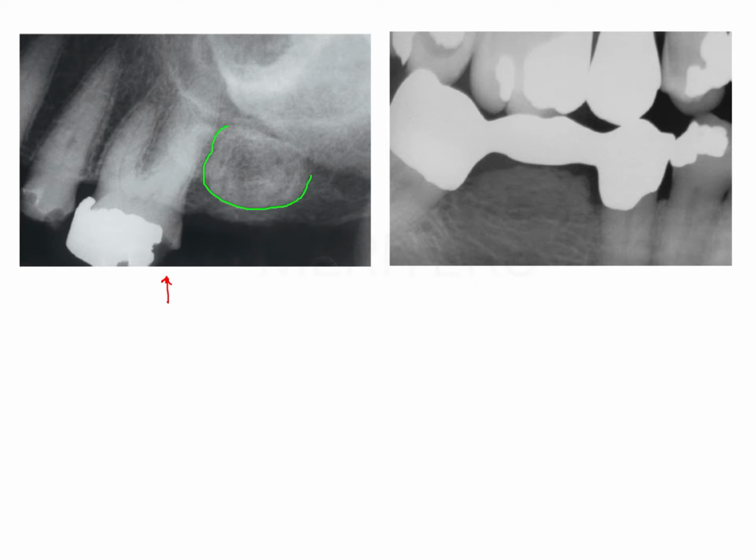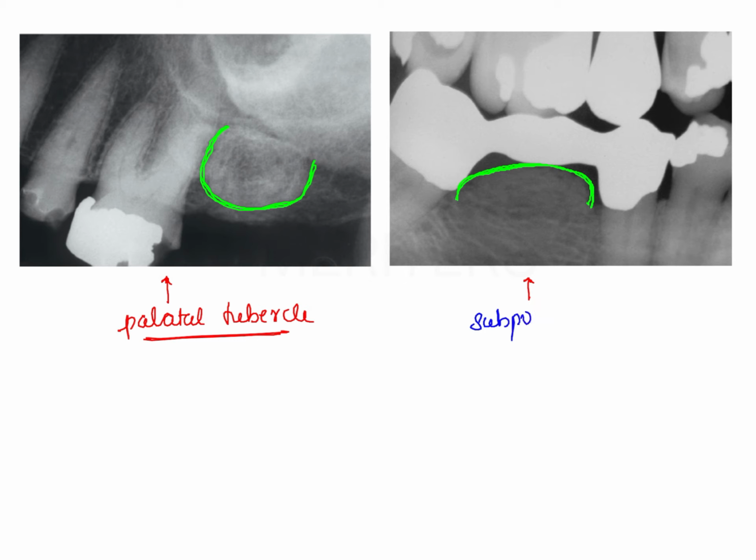Next, looking at some other IOPAs, in the first picture you can observe a bony mass distal to the molar region in the maxilla. This denotes a palatal tubercle or palatal exostosis. If the thickening is large enough, it will be well appreciated on the radiograph. In the next picture, in the edentulous ridge region, you can see some bony masses projecting above the normal level of the ridge, and it denotes the subpontic